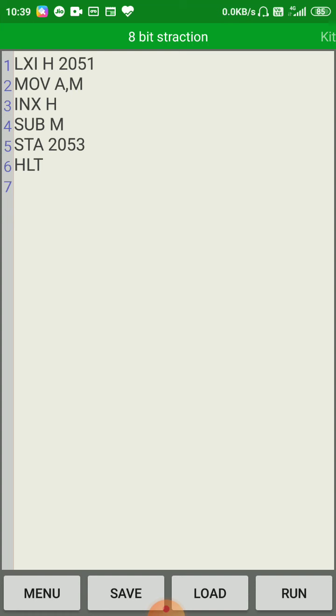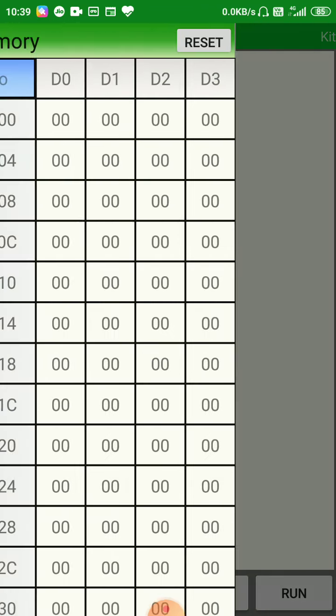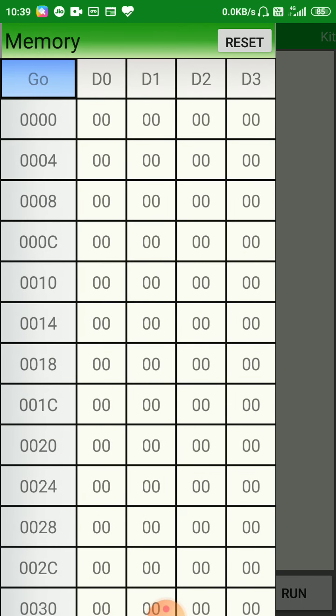We have discussed earlier that this is memory we use for storing your data, and program address and memory locations are there.